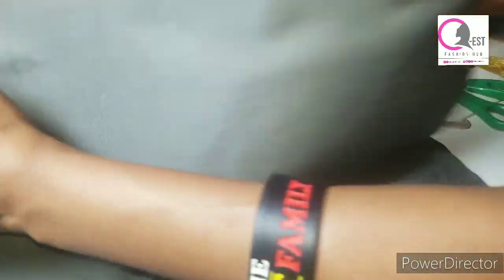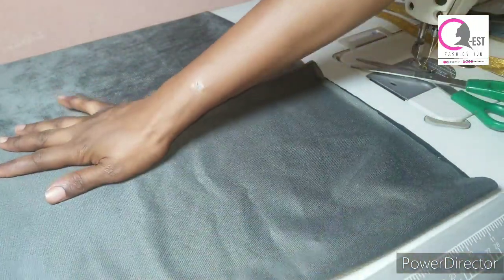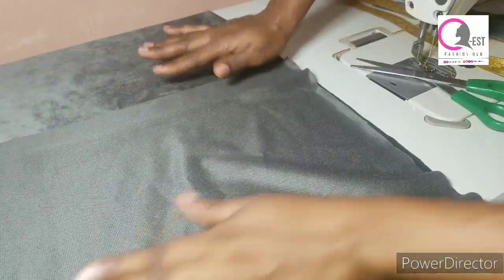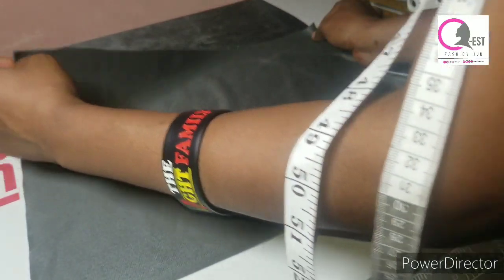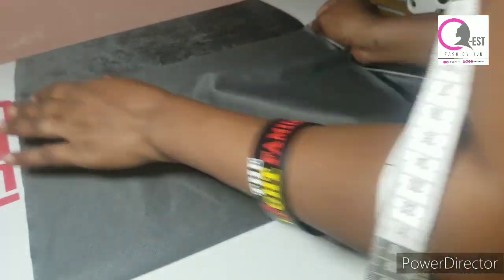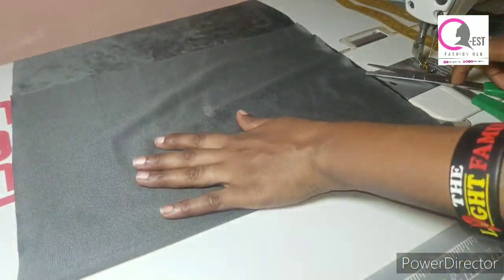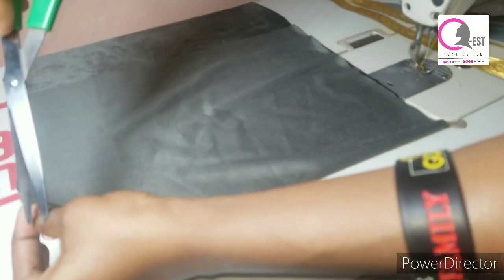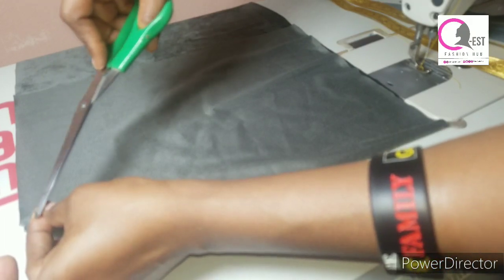So I'm going to fold it into two again, and then I'm going to notch so that I'll be able to know the midpoint of that part. Okay, I mean the quarter of the whole measurement. That's what I'm just trying to get. So I'm just arranging it and making sure that it is straight. So I'll just go ahead and create my notches. I'll just cut that part, I'll notch it,